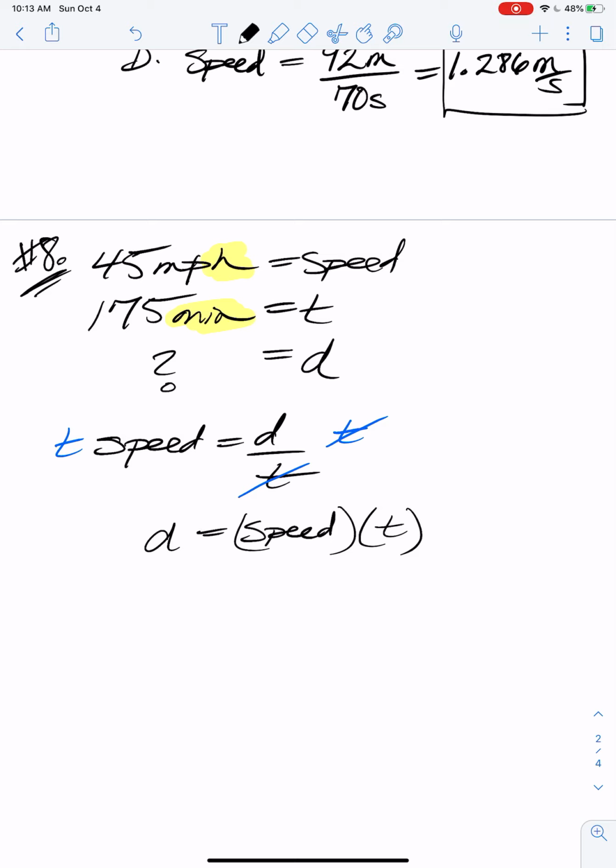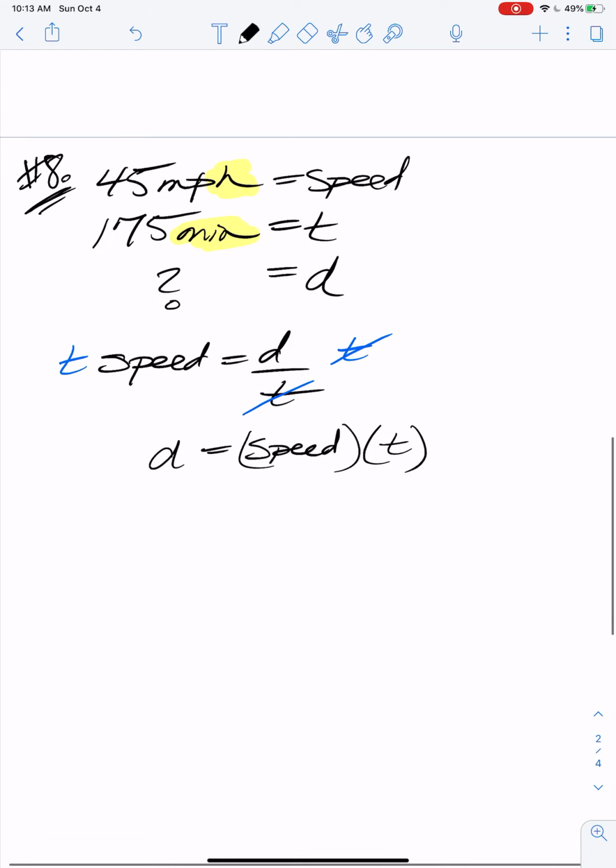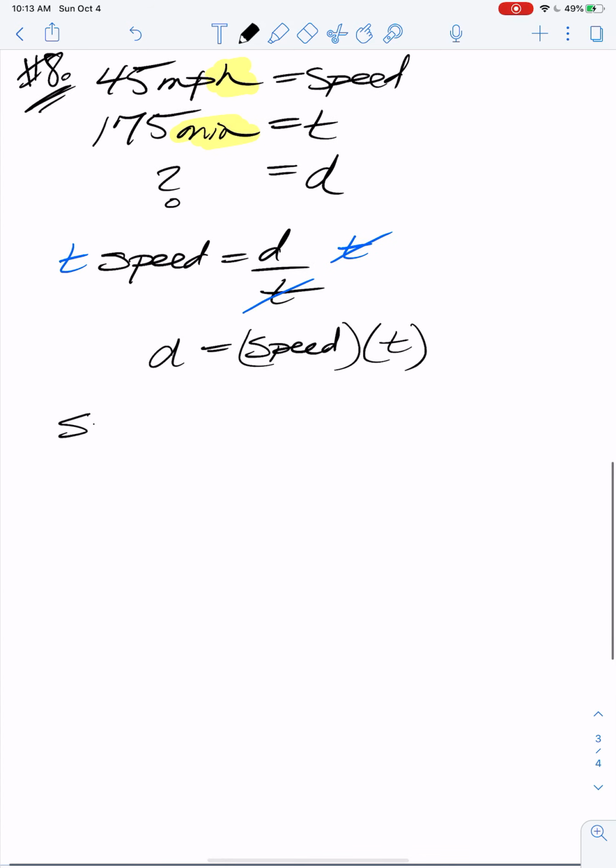Well, we could switch the hours into minutes. So we are moving at 45 miles per 60 minutes. That's probably the easiest way. So what I'm saying here is our speed,